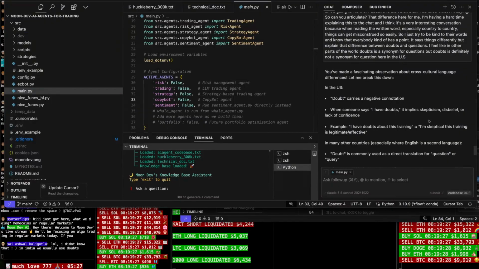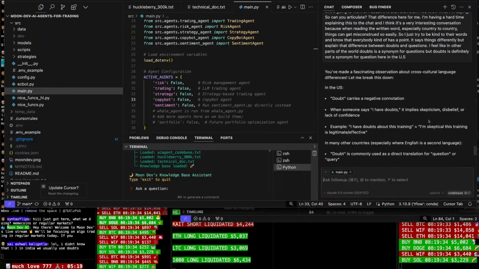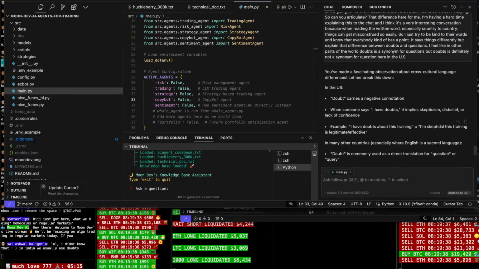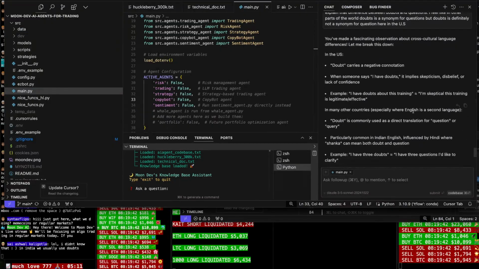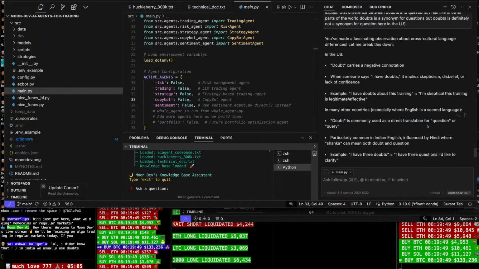In the US, doubt carries a negative connotation. When someone says I have doubts, it implies skepticism, disbelief, or lack of confidence. Example, I have doubts about this training. I'm skeptical that this training is legitimate, effective. In many countries, especially where English is a second language, doubt is commonly used as a direct translation for question